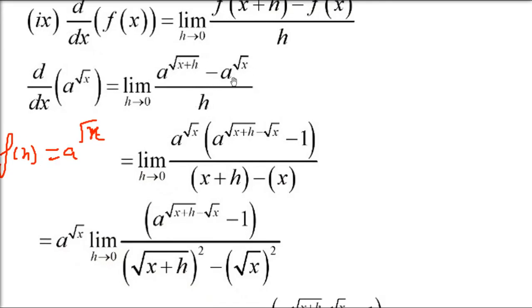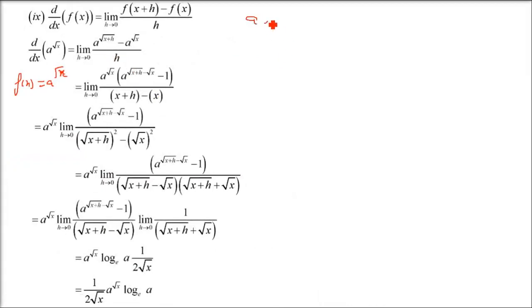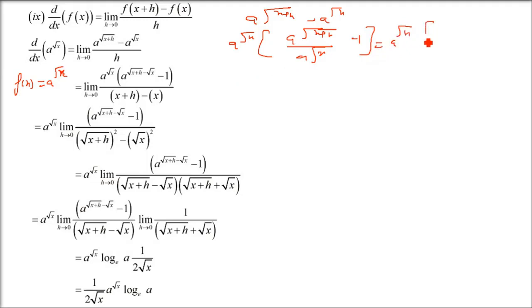Now you can first of all make this h. A under root x first let us do, and a under root x I am taking common. So here a under root x plus h minus a under root x, a raised under root x, we are taking common. This will be a under root x plus h by a under root x minus 1. This goes up with the subtraction sign, power gets subtracted, a under root x plus h minus under root x minus 1.